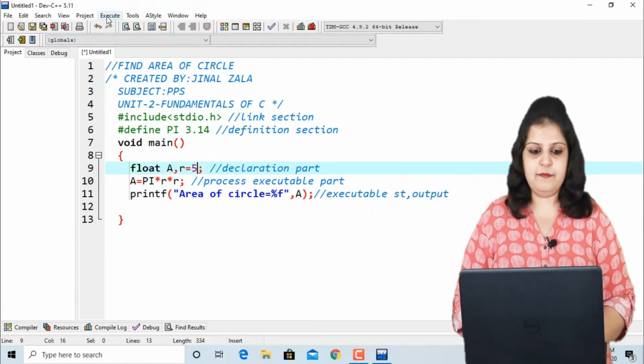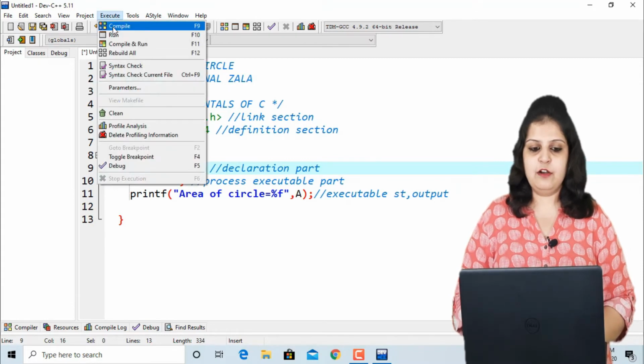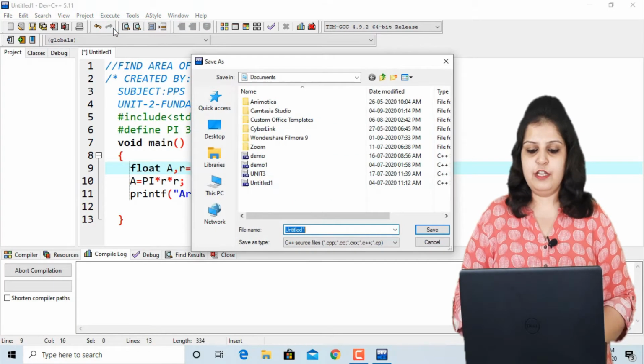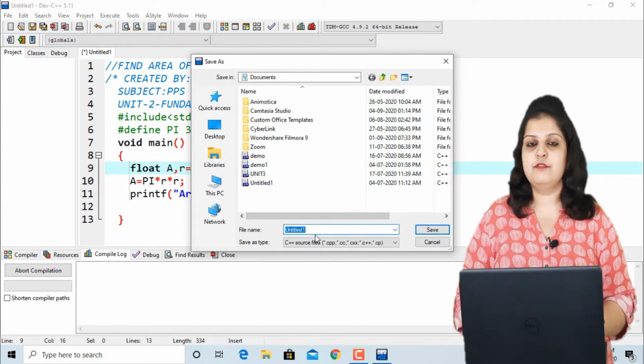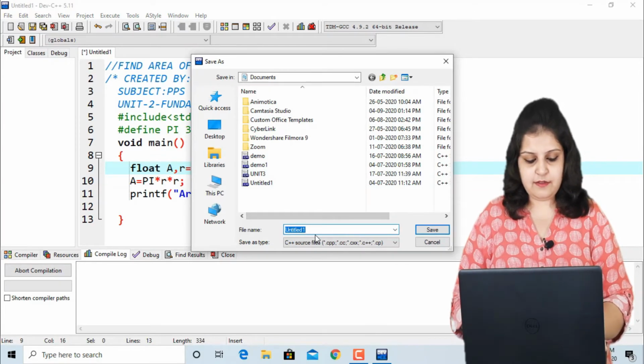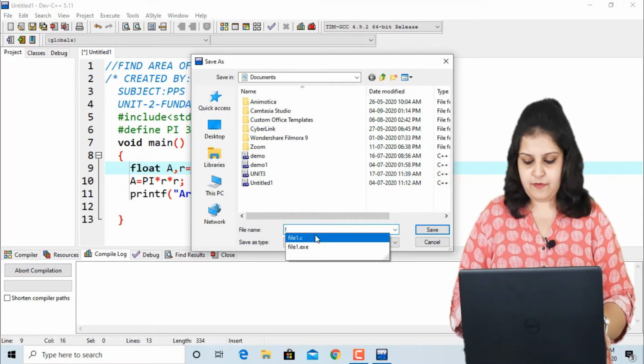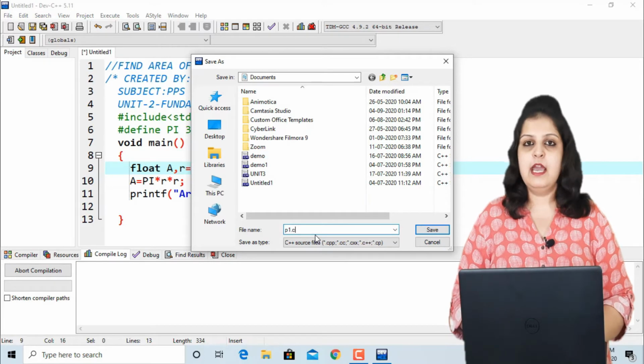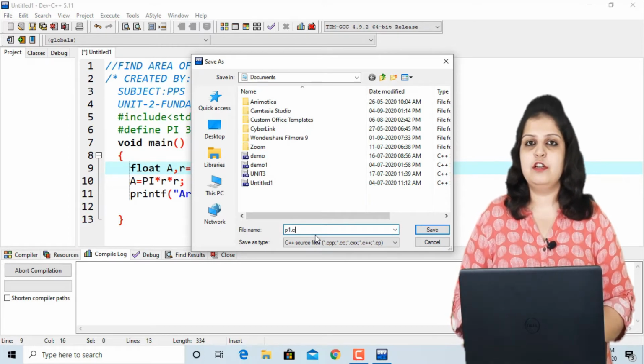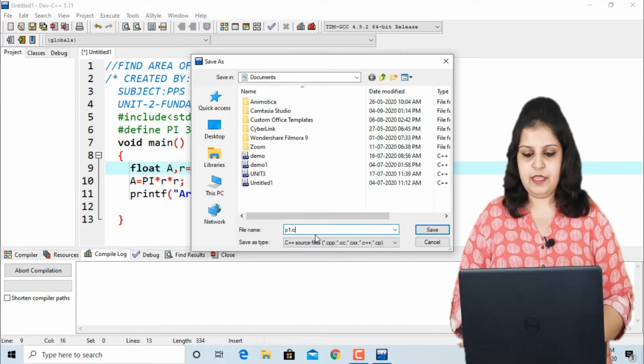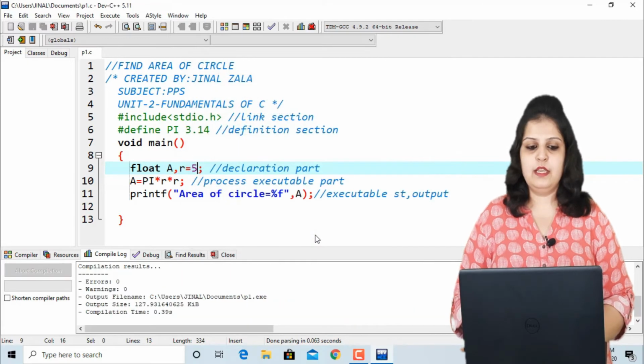First of all, in the menu bar see the execute button, then click on the compile button. Initially you have to save your file first. Just save it like first program. So I am writing p1.c, and .c is the extension of our C program, and save.